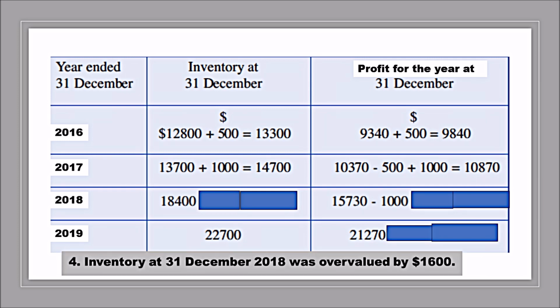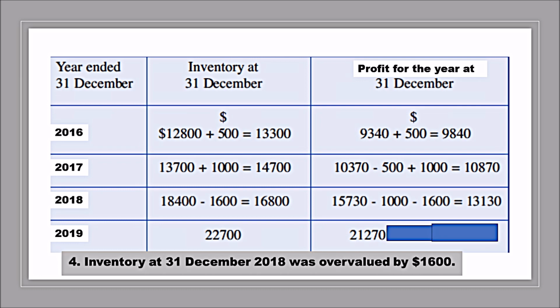Then, the fourth item: inventory at 31st December 2018 was overvalued by $1,600. Since closing inventory was overvalued, to correct it, we need to deduct. Hence, we minus $1,600, giving a correct profit of $16,800. And as we mentioned earlier, there is a direct relationship. Since closing inventory is decreasing, profit also will decrease for the year, which leads to a corrected profit of